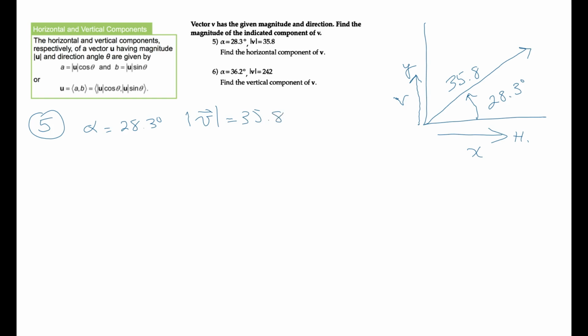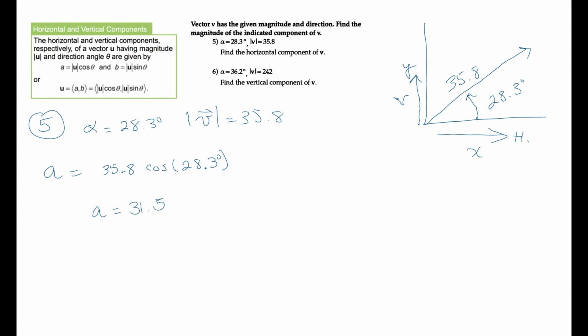So to find A, the horizontal component, we're going to take the magnitude, 35.8, and multiply it by the cosine of 28.3 degrees. And again, you should use your calculator. I wouldn't expect anyone to do this without a calculator. And you're going to get something like this. A equals